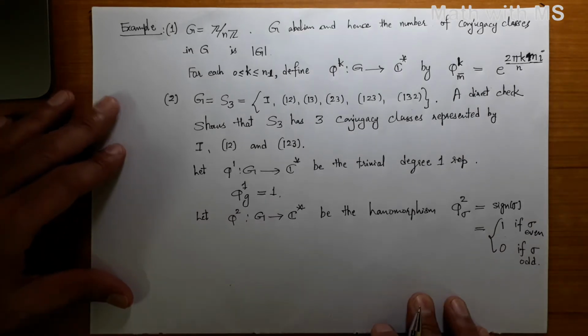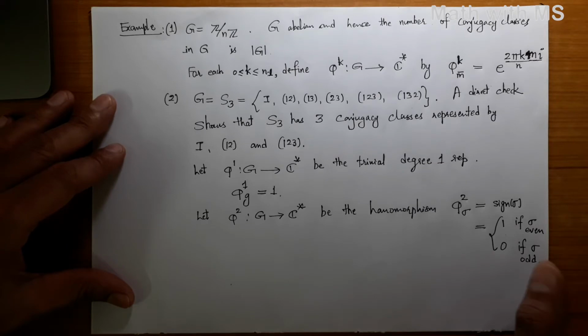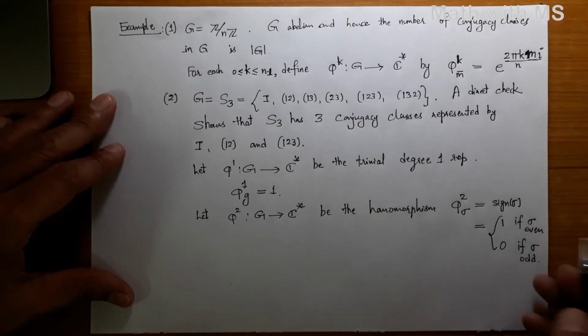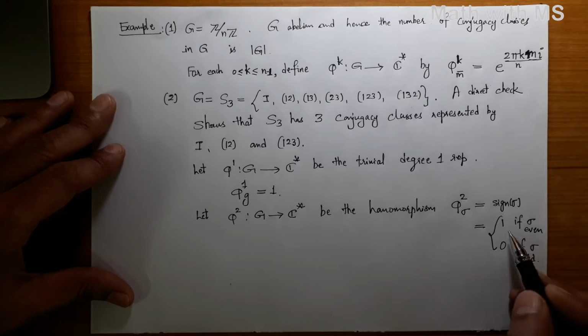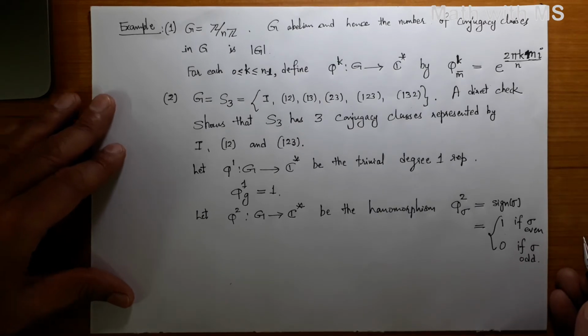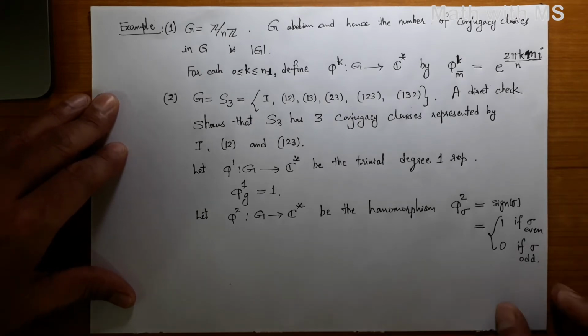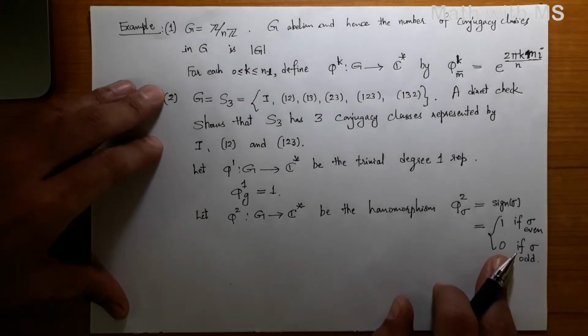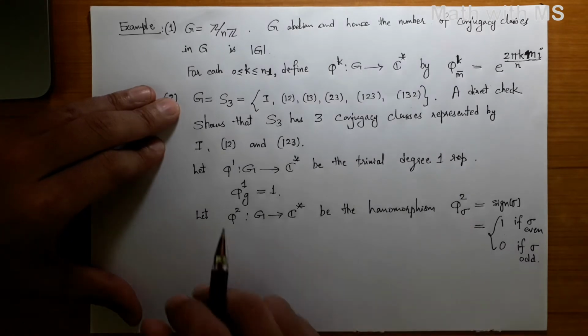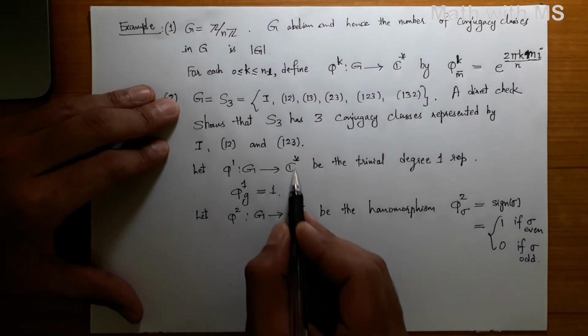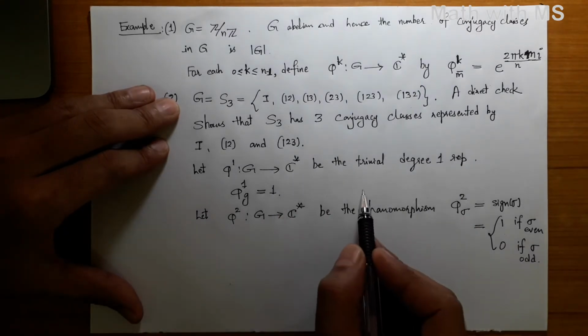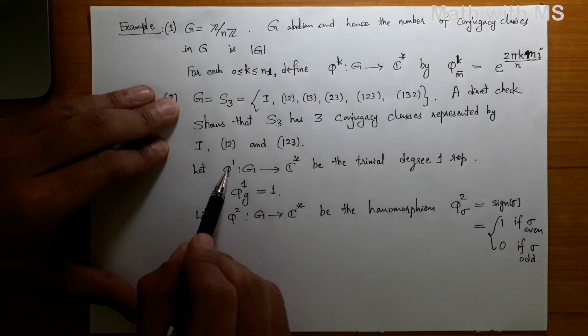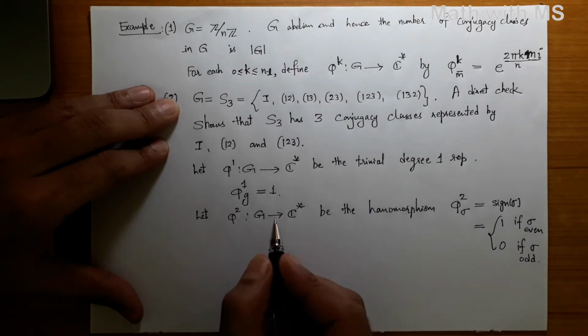Note that each permutation can be written as a product of transpositions. If you can write that permutation as a product of an even number of transpositions, you say it's even, and if you can write it as a product of an odd number of transpositions, then you say it's odd. And you can easily check it's a homomorphism with kernel precisely the alternating group A3, and since it is one-dimensional, it's irreducible, and clearly it is not the same as phi 1. They are distinct as maps.